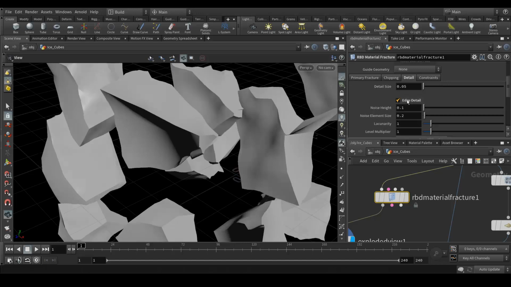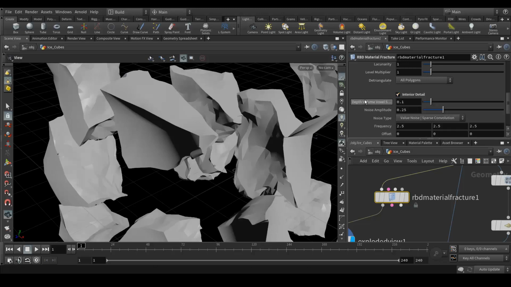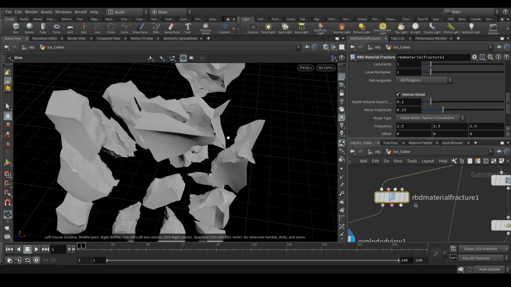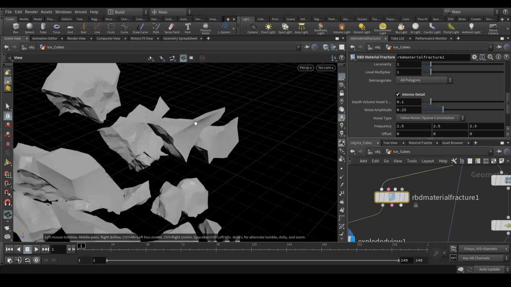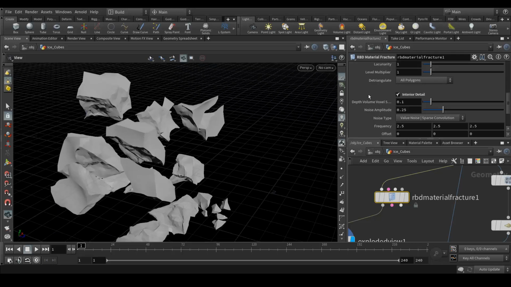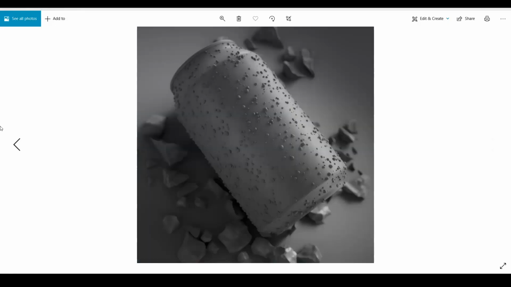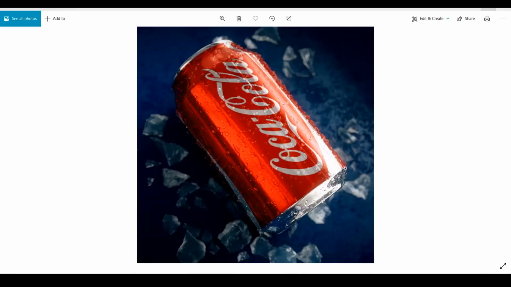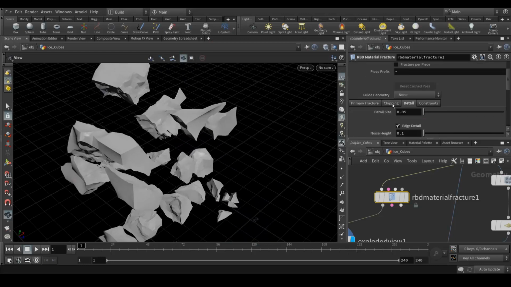Let's enable this edge details, and after that interior details, and you can see that now it's looking far better than earlier. After that, we have another thing. If you see in my output, we have these small pieces of the ice cubes, which are created by another inbuilt node, which is chipping. If I enable chipping,